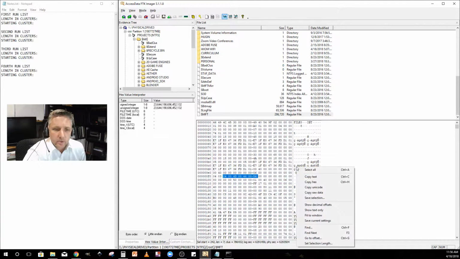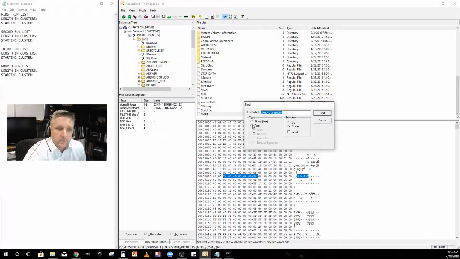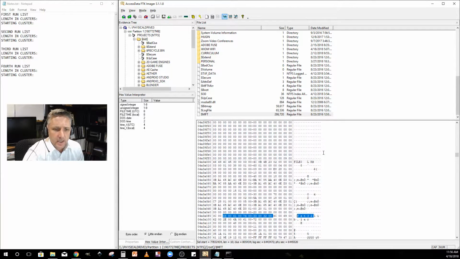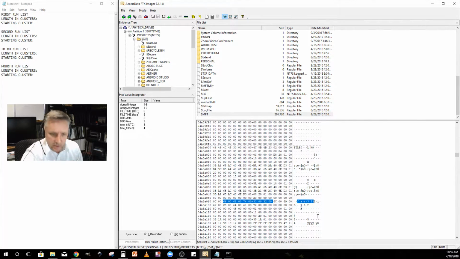So it's really easy. We're just going to right click over here and we're going to go find. And we're going to do text. And we're going to look for FAT32. And I don't remember what the rest of the file was called, so we'll just take our chances and see what it finds. Well, there's FAT32